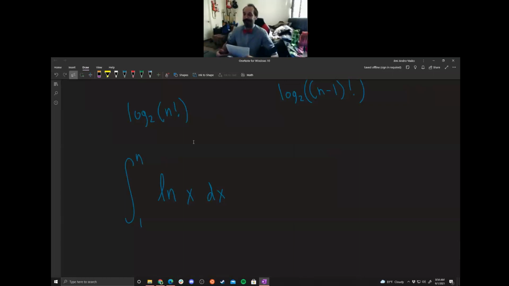So here we go. To do this integration, we have to first get the antiderivative of natural log. Now, I chose natural log because, remember, all the logs are off by a constant factor, but asymptotically they all have the same growth rate. So I can pick whatever base of log I want to fit the problem I'm trying to solve. So I chose natural log because in calculus, there's a lot of work done with natural logs. So why make this any worse for us? So in this case, the antiderivative of natural log will be x natural log x minus x, from 1 to